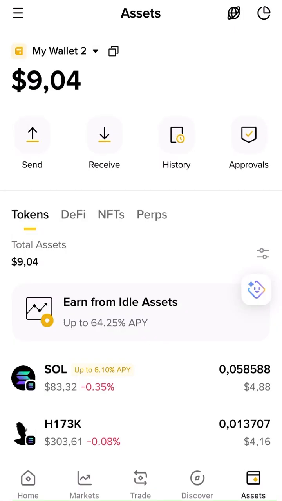Now when you go to assets, you will see that you have high-tech token Solana, the rest I left, and high-tech token, as you see. So simple as that. And from here you can of course send it, you can click it,